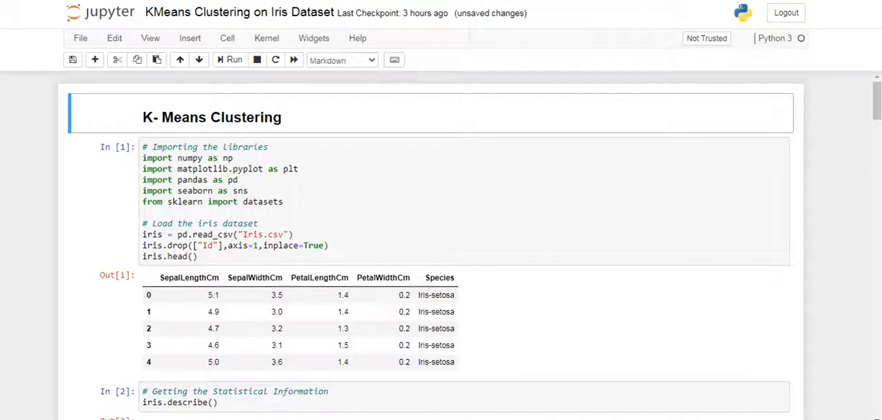Hello everyone. Task 2 is k-means clustering, in which we have to take the given iris dataset, predict the optimum number of clusters and represent it visually. For the first step, as usual from Task 1, we have 4 library imports, which are